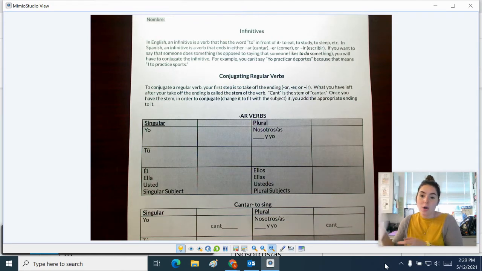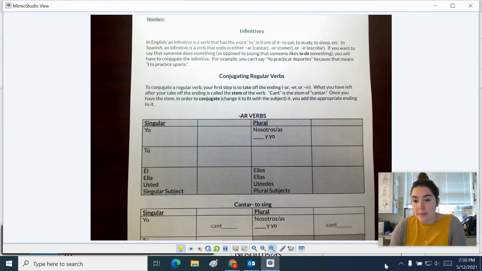But all of the other actions on your vocab list, such as to eat, to buy, to run, to ski, to study, to talk, those are all also actions that you can conjugate. And you can say, I do this action, you do this action, he or she does this action.